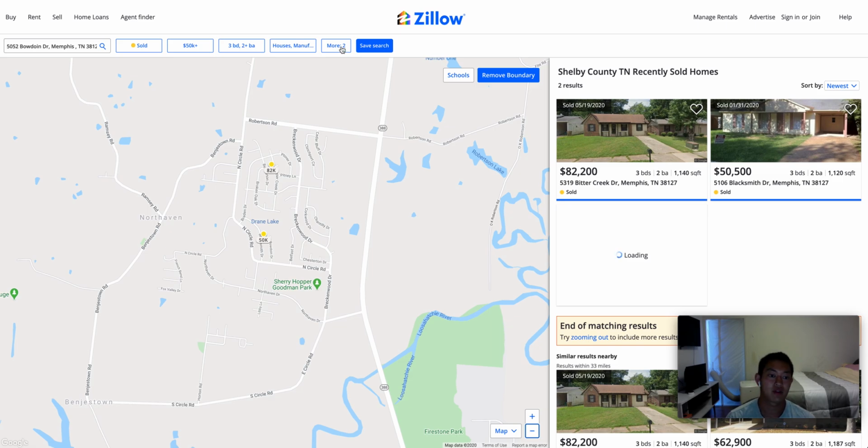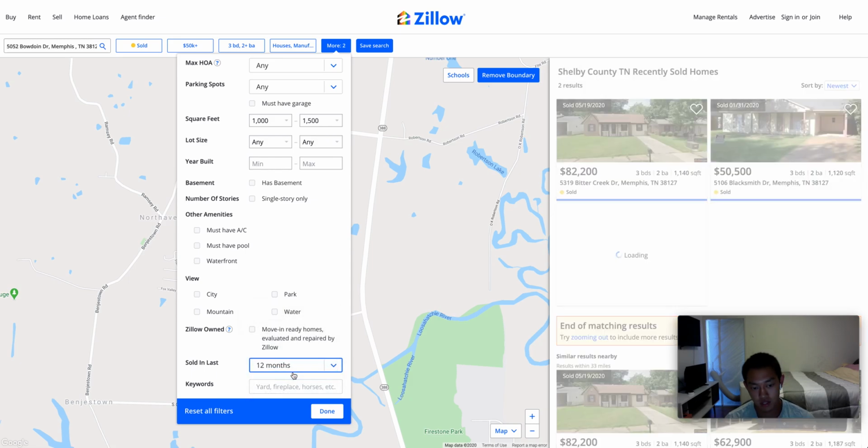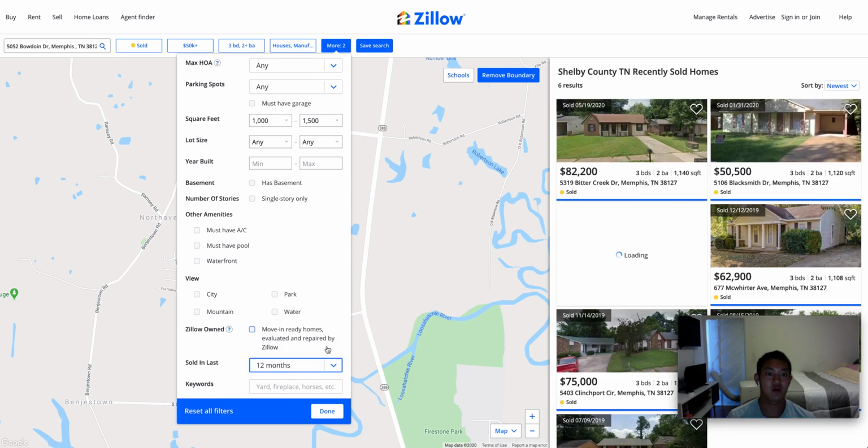So what you want to do here, if you're not getting as many comps, you can bring this sold in the last to 12 months. So this is going to give you a lot more properties nearby, hopefully. And 12 months is still not bad. It's still 1 year within. You're still comparing with all the properties that have sold in the last year. It's not as good as the 6 months, but it's still pretty recent. And 12 months is the next step that you should try checking out if you're not getting enough comps nearby